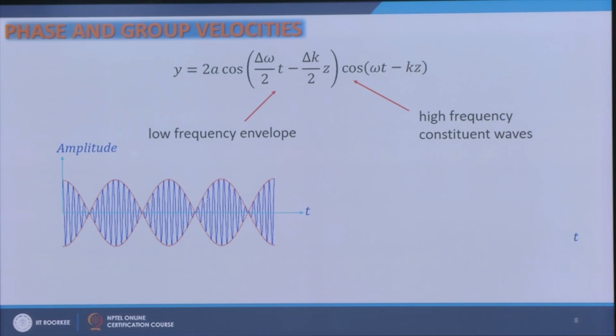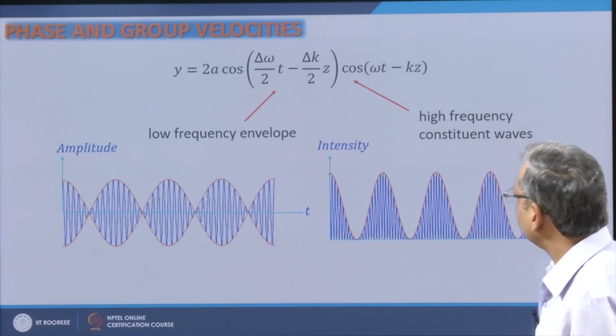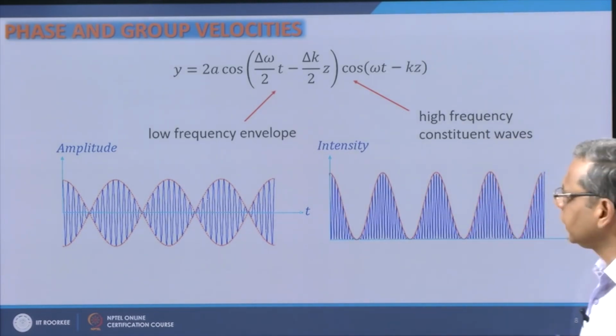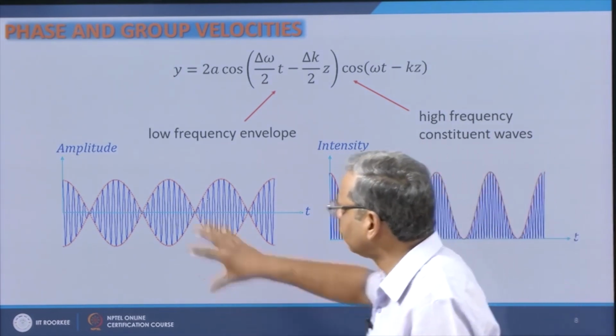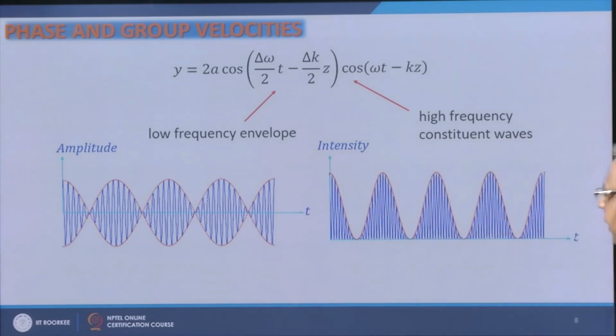And if I plot the intensity of this, which is proportional to y square, then it comes out like this. So, what I have observed is that if I superpose two waves, I make groups, a train of groups. I generate a group of waves,